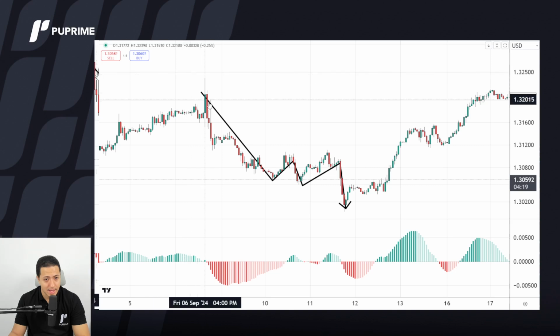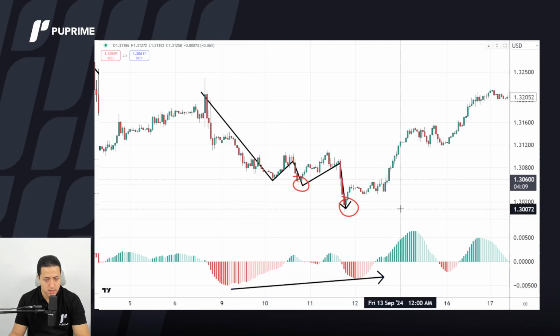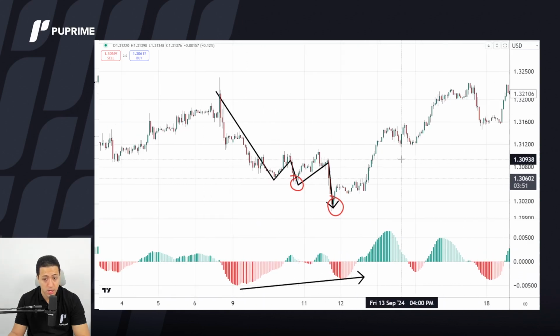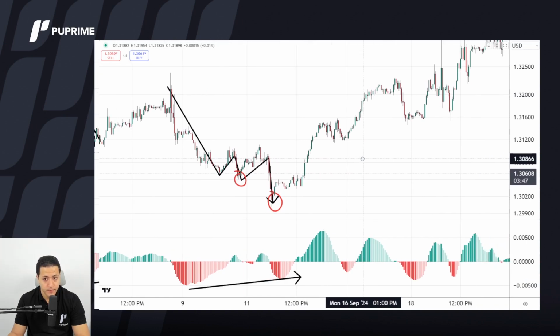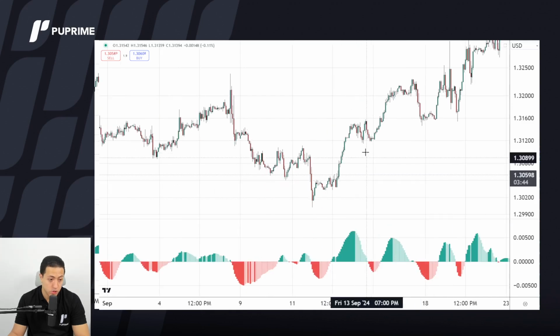And you can see that as prices were moving lower, we were able to form lower lows. However, momentum didn't agree. And this low that nearly corresponds to this low is way higher, right? You can see there is something wrong with price. Prices are moving lower, momentum is moving higher. Thank you so much. We are not buying this. So that's a bullish divergence.